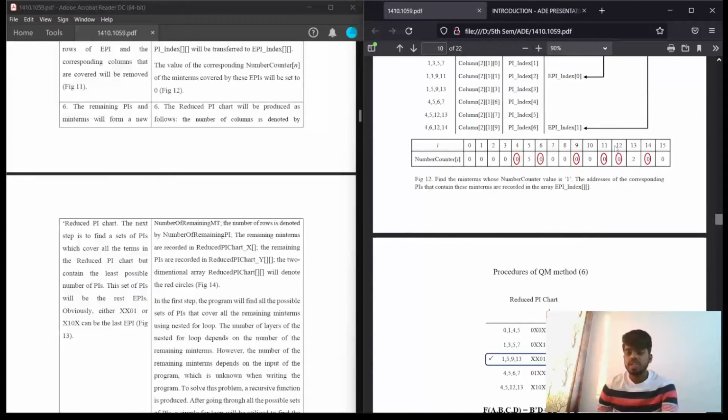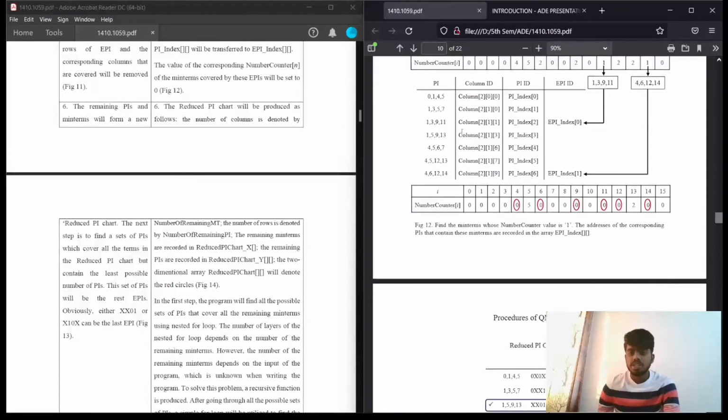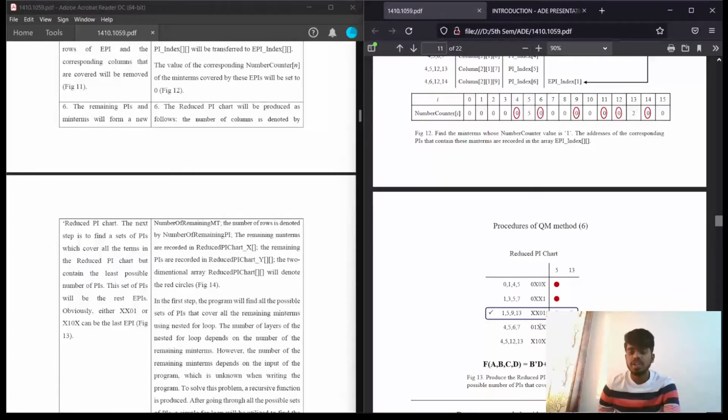Remember over here 5 and 13 were remaining. So that's the reason we represent 5 and 13 for all these corresponding min terms which are there. These two particular min terms went away by considering the EPIs. So only among these seven, only five are left. So we represent all these five and correspondingly we write min terms for all of these.